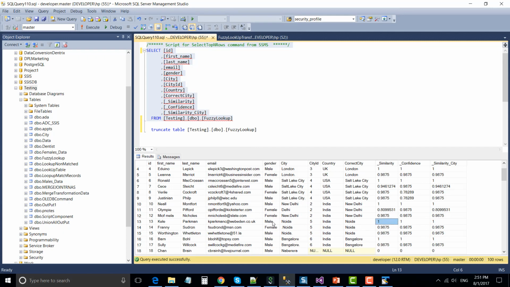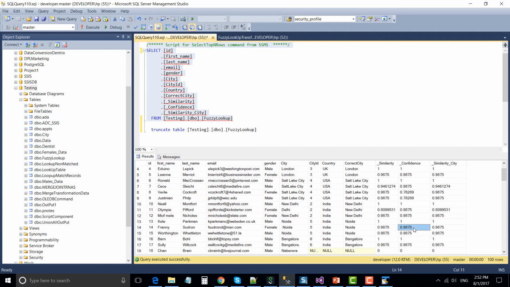So from this example, what we can see is that for 100% matching, the similarity should be 1, and for lower matching, the similarity should decrease toward 0. So what exactly is the similarity value, this 0.9875? The similarity is a mathematical measure of textual similarity between the input record and the record that the fuzzy transformation returns from the reference table. How similar is "Noida." to the actual Noida? We had only one character different, so this is how we got the similarity.